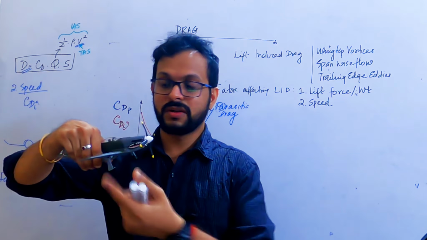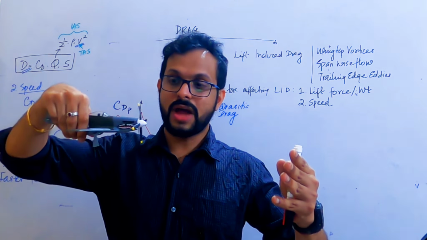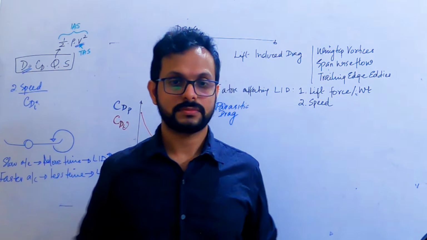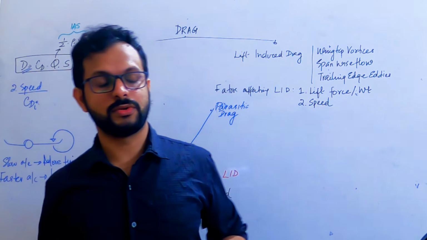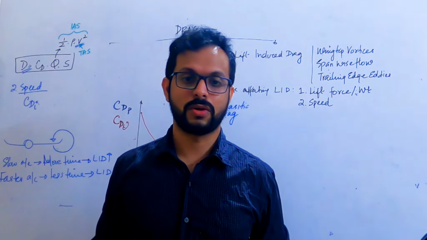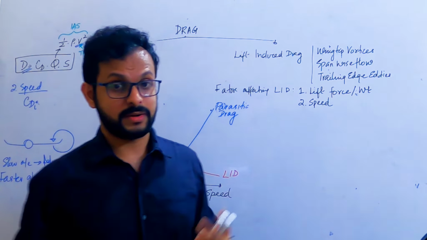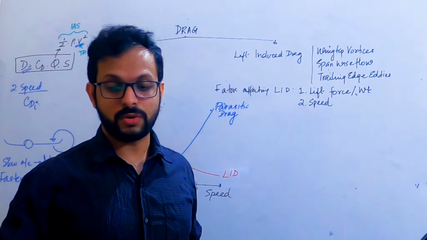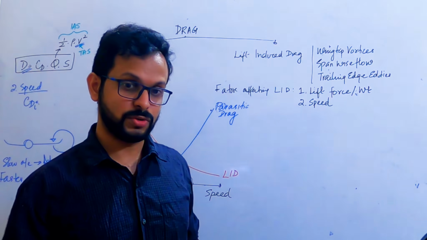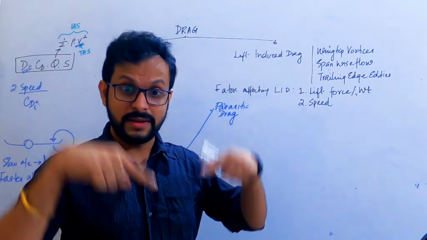What you do is you use the ground effect, you take off, you accelerate, and then you climb out. So all those things you will see when you fly. I'll talk about that when we talk about landing roles and stuff. But that is what is called ground effect. In ground effect, the lift-induced drag reduces because the wingtip is not able to complete the circulation